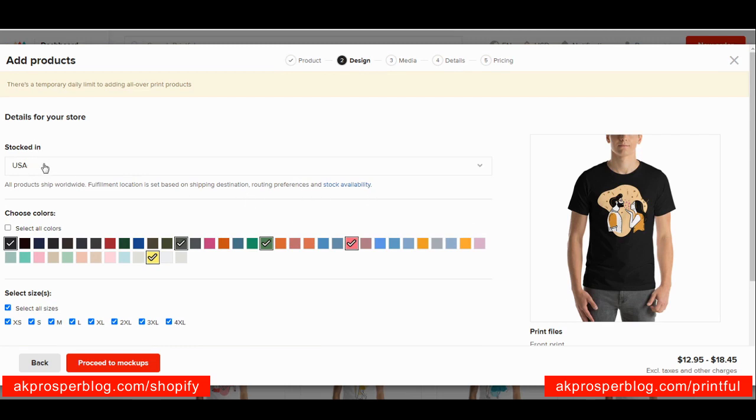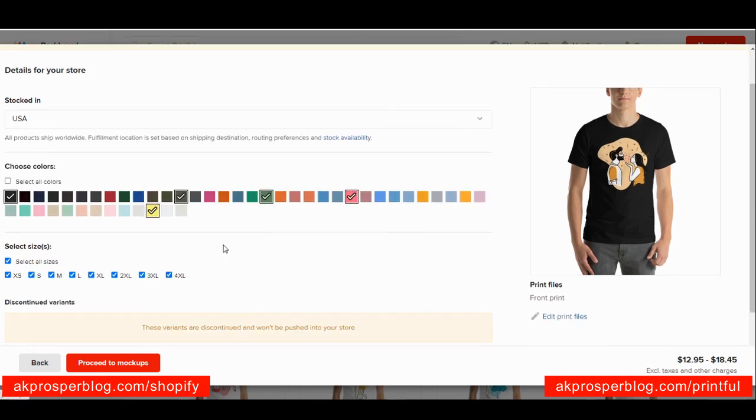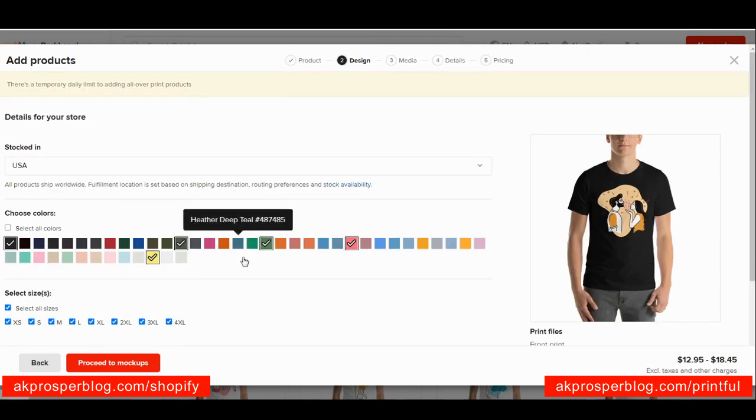Fulfillment location is set based on shipping destination, routing preference, and stock availability. So you click on stocked in and select any of these locations that is close to your customers that you are targeting. You select the colors, the size, and then you click on proceed to mockup. Right here, what's showing, discontinued variant, is telling you that for this size XS, these colors are not available. So it's just a notification to let you know. Once you click on proceed to mockup,